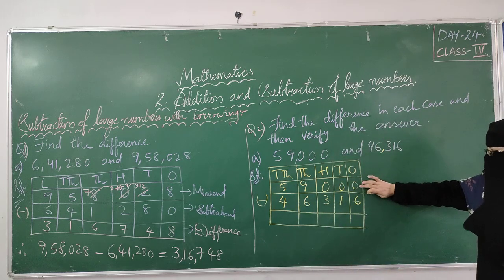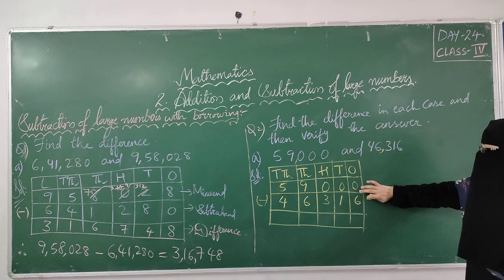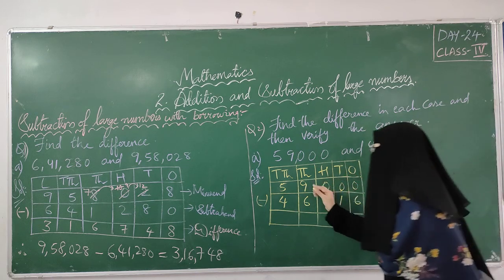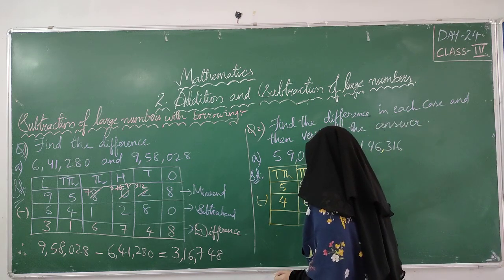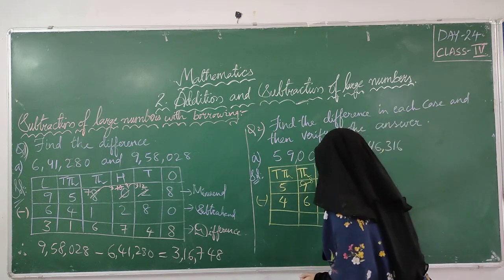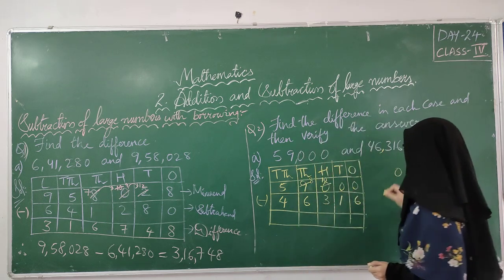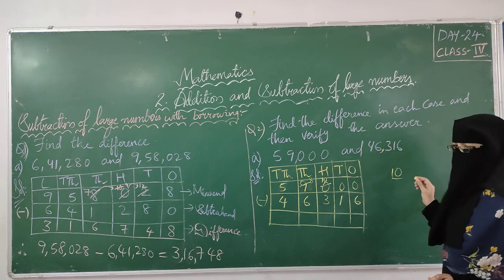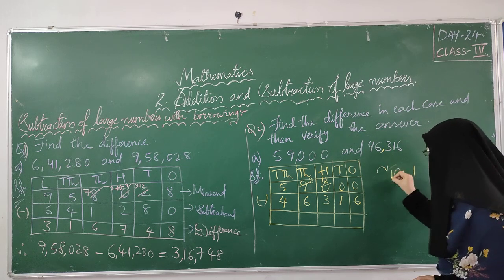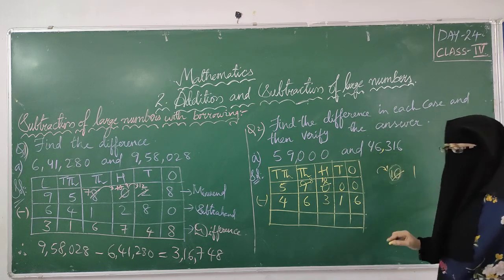Let's start from the 1's position. 0 minus 6, is it possible? No, because 0 is a smaller number than 6. So we have to borrow from 10s. 0 minus, we can't take a borrow. Here also 0, we can't take a borrow. So from 9 we have to take a borrow. This will become 8. When 1 comes here, where 0 is, it will become 10. It will not become 1. Suppose 0 is there, you can't write 1. When 1 is coming here as a borrow, then it is 10.